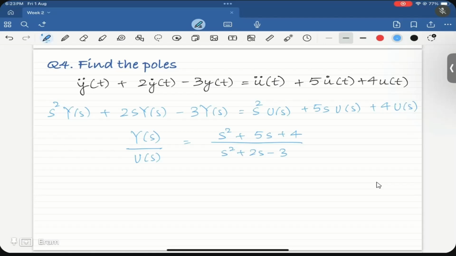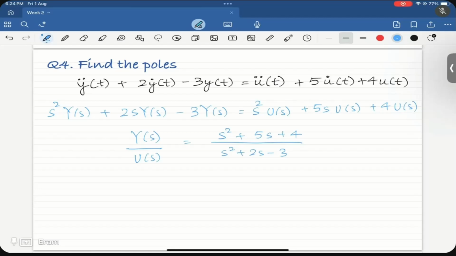Now can you identify the poles? Poles are 1 and minus 3. 1 and minus 3, okay. Or else minus 3 only, ma'am. Okay, and what are the zeros? Zeros, 4 and 4 only, ma'am. Only 4? 4, and 1, minus 4.